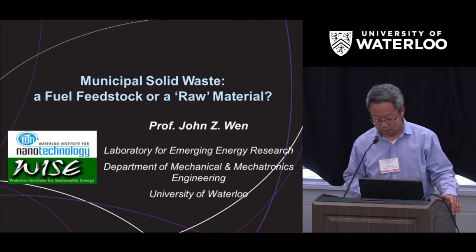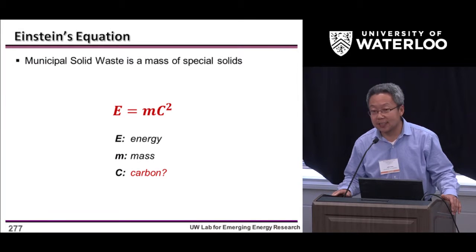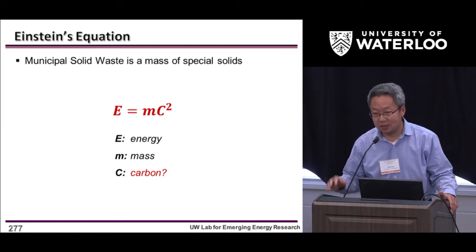And if you teach in the university, you have to start with one equation. Here I selected this famous equation, right? So we have this famous Einstein's equation, and it's natural to think about the link between material and energy. So we want to get the energy out from any material, including solid waste, right? And before that, I'm going to talk about the carbon only. So carbon chain and carbon-hydrogen chain and carbon-oxygen chain will be the source for the energy production from waste.